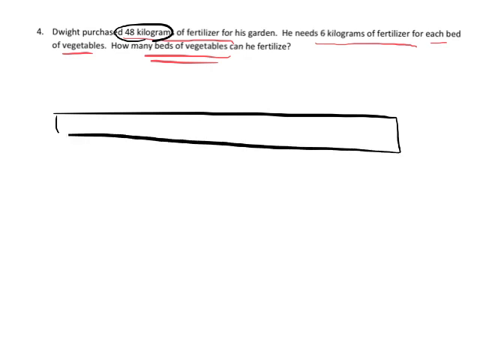And our last example, Dwight purchased 48 kilograms of fertilizer for his garden. He needs 6 kilograms of fertilizer for each bed of vegetables. And then how many beds of vegetables can he fertilize? So we're going to draw a representation of those 48 kilograms. And there's our 48 kilograms